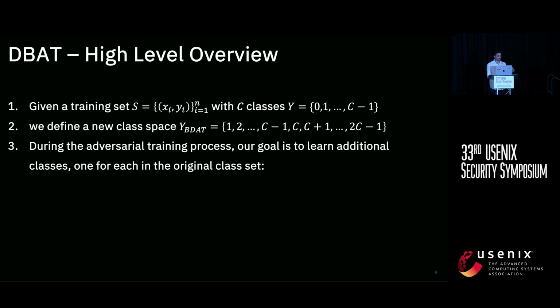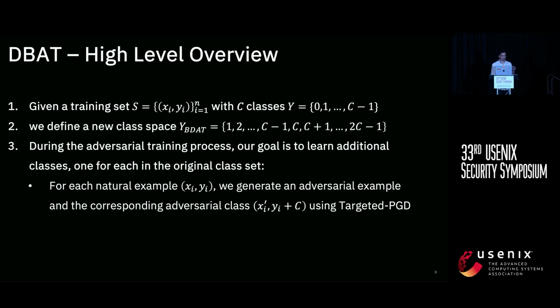For each class, you learn an additional class dynamically during the training process, meaning that for each natural example, xi and yi, you generate an adversarial example, xi prime, and you give it a label of yi plus C. For example, if you have a dog image, then you give it the adversarial dog label. If you have a cat image, you give it the adversarial cat label, and so on,